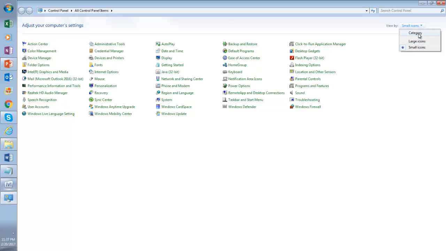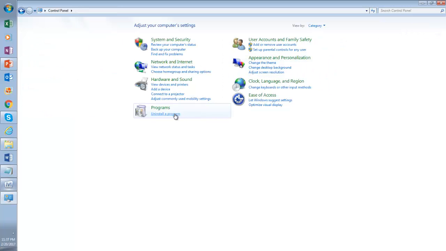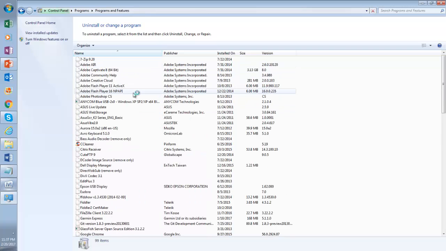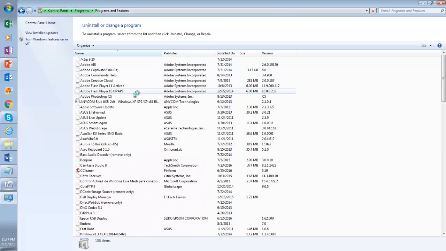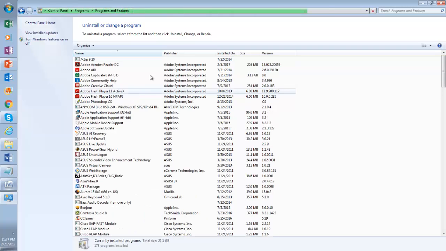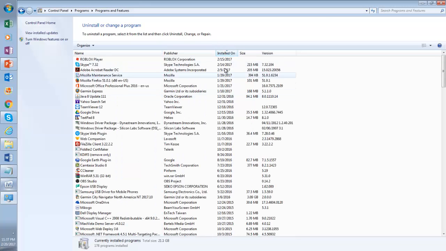So from here you go to uninstall programs, and let's say you forgot the name of that program, but you know that you installed it yesterday, or let's say last week. So you can sort it in that way. Can you see? I have this program installed here on the 15th of February. In that way you figure out what you want to uninstall, and you click on uninstall, and it will be uninstalled. Okay,